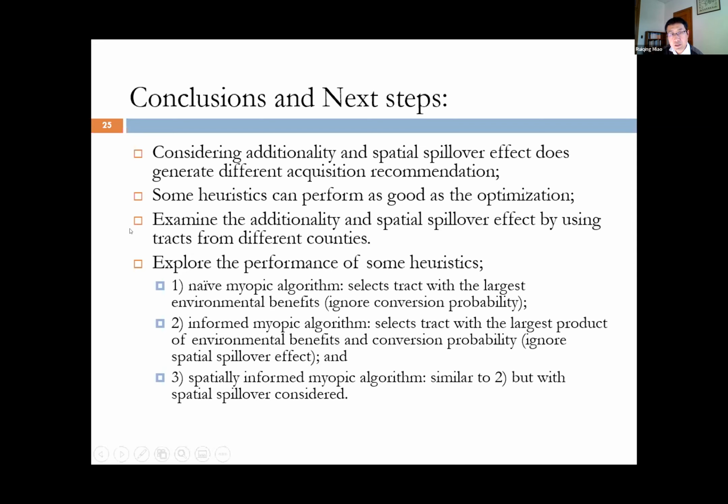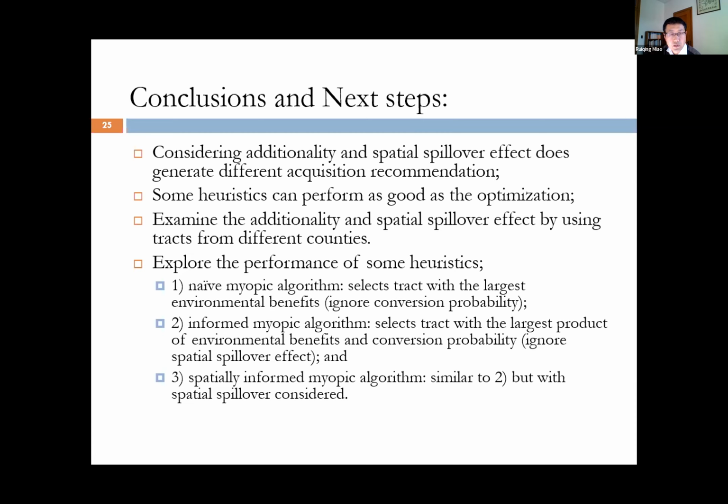And we can also see from the 4-tract example that some heuristics can perform as well as the optimization targeting. For future steps, we would like to examine the additionality and spillover effect using tracts from some different counties. In our 6-tract example, we used Ransom County in North Dakota. We have some other counties